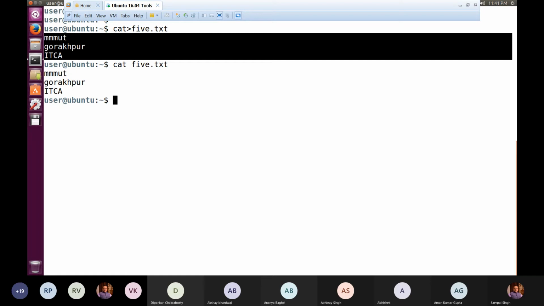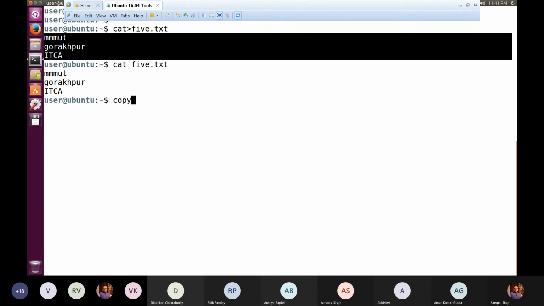So in that case, suddenly you realize that you have committed a mistake in line number 1 and you are right now at line number 10. So you don't have the option of moving to line number 1 and making the correction. But anyways, it can be used to create a very small file, but in a special way.